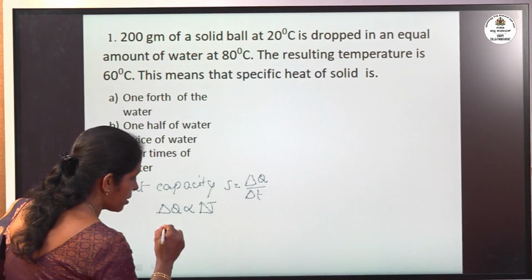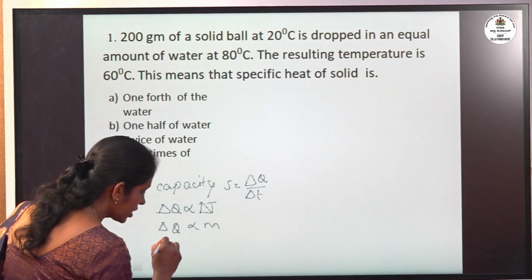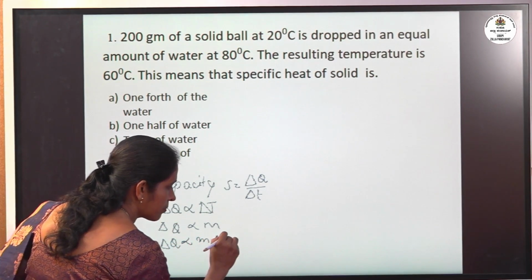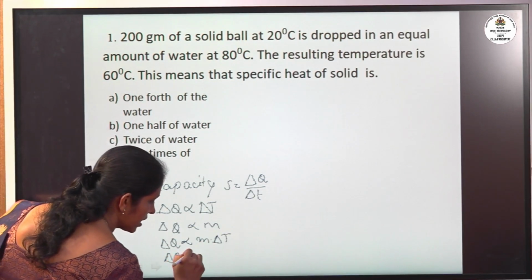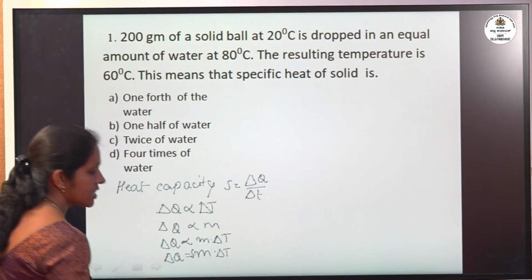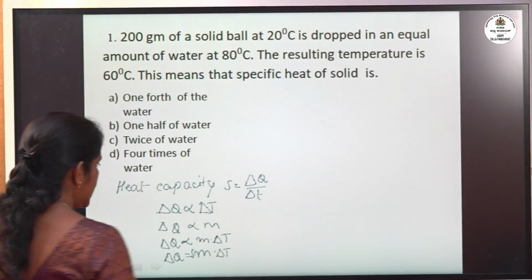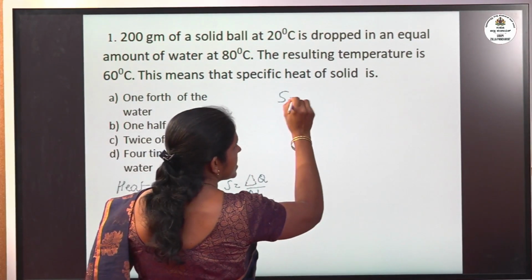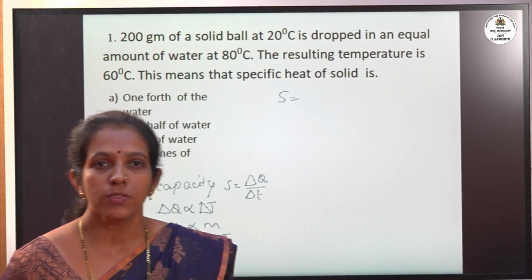The amount of heat supplied also depends on the mass of the system, or delta Q, the amount of heat supplied, is proportional to M into delta T. Removing the proportionality sign, we get delta Q is equal to, say, S into M into delta T, where S is called specific heat capacity. Say S is specific heat capacity. It is defined as the amount of heat required to raise the temperature of 1 kg of substance by 1